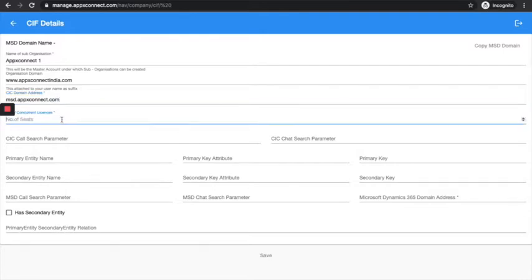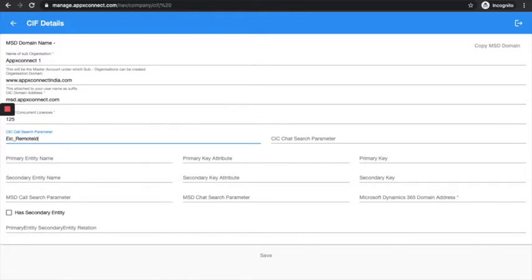Here I will input the number of licenses I'm looking for. The call search parameter is something which is used by the CIC to receive or store the customer phone number. That is a default value in Genesys PureConnect CIC, which is